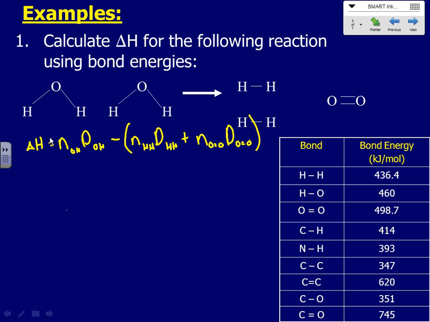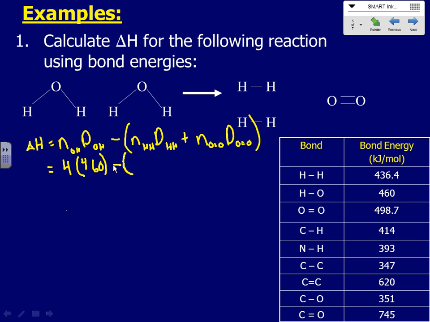So there are our bonds broken, and there is the sum of all of our bonds formed, and we put a negative in front of it because it is being given off. It's exothermic. So in this case, I've got 1, 2, 3, 4. I've got 4 of those bonds, and the OH bond is 460